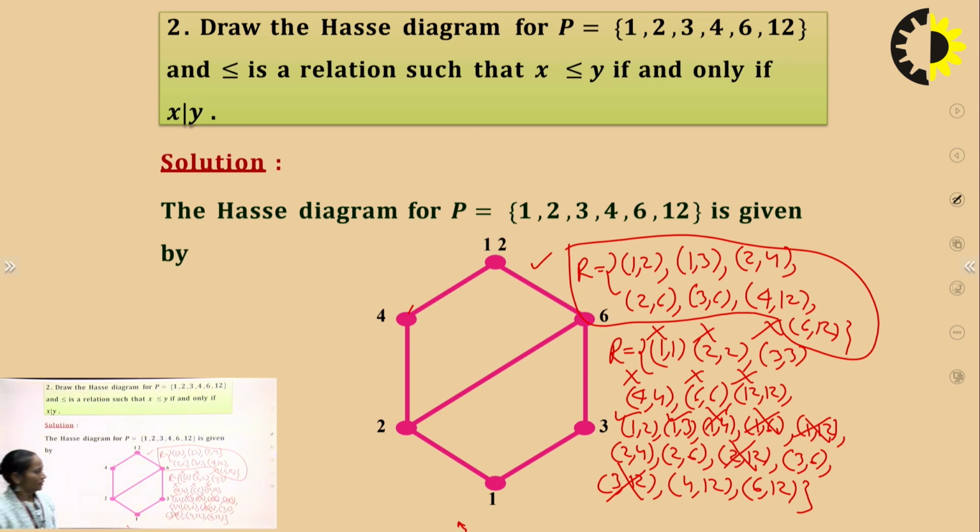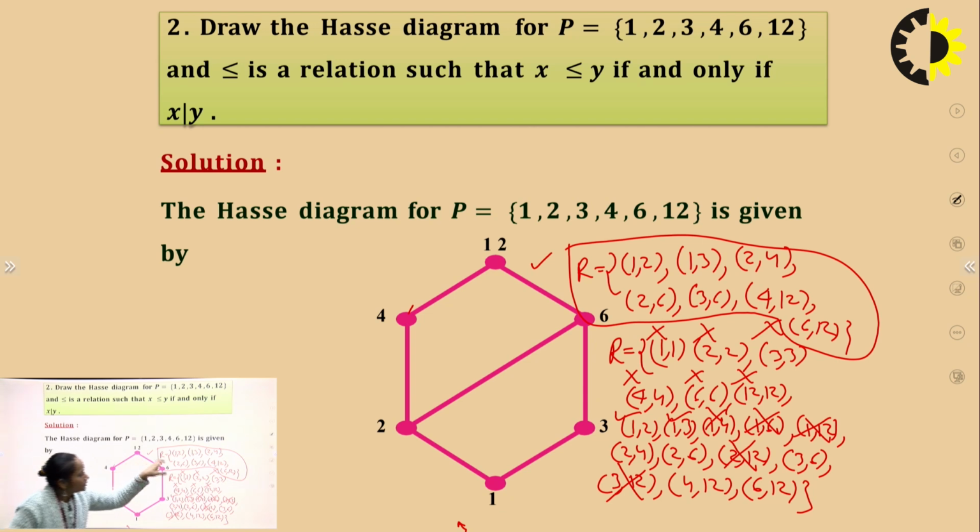Okay. So after removing the reflexivity, firstly, from the given set we have to create the relationship set R for the given relation. Here the relationship is divisibility, as it is given that if and only if X divides Y, then we will consider that particular relation in the relationship set R. Then we will remove the reflexive relation and transitive relation. After removing them, the members in the set R are these. Then we will create the Hasse diagram for this particular relation.